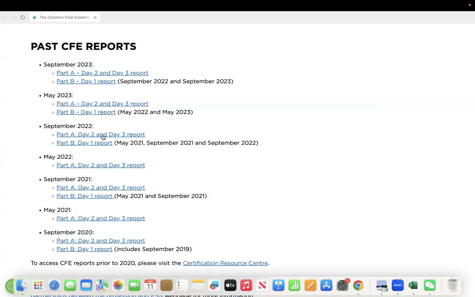What I really like to read about are those comments, even though sometimes I have the feedback guide. I enjoy reading those comments because for each assessment opportunity, they say strong candidates do this, strong candidates do that. Okay, I want to be a strong candidate, so I do this, this, and that. And then they also say weak candidates do this, weak candidates do that. Okay, those are weak candidates, so I should avoid doing this, this, and that.